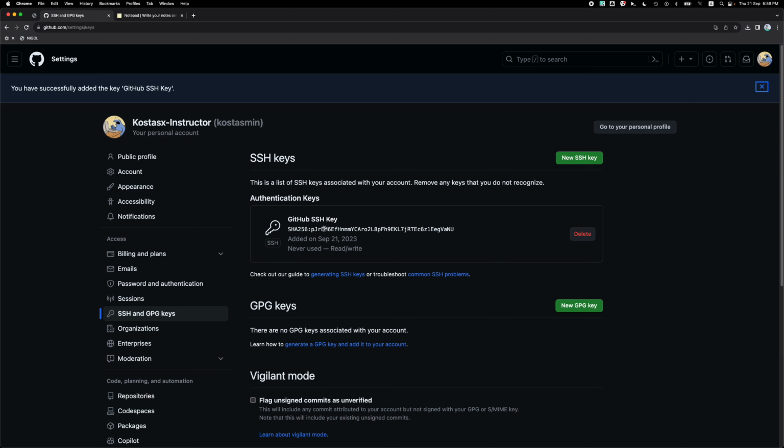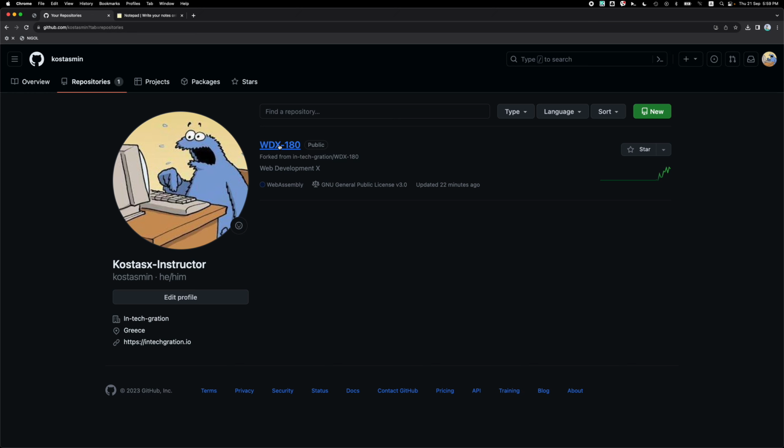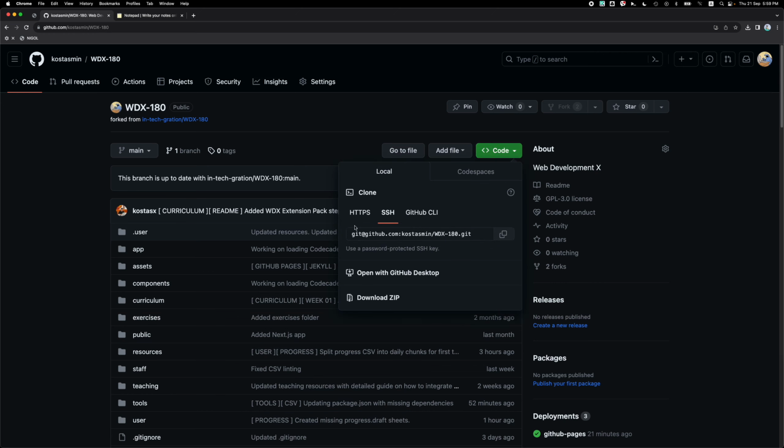And if everything worked correctly up to this point, then if I go back to my repositories and then select the WDX forked repository and go to code, you will see that the warning message is no longer here. You can see that I can now use SSH to clone my repository. This means that I have successfully completed all the steps, and now I can use SSH to connect with GitHub. This is great. Let me copy this URL, and now I'm ready to clone and download the repository